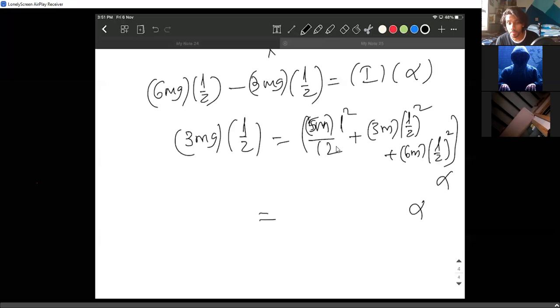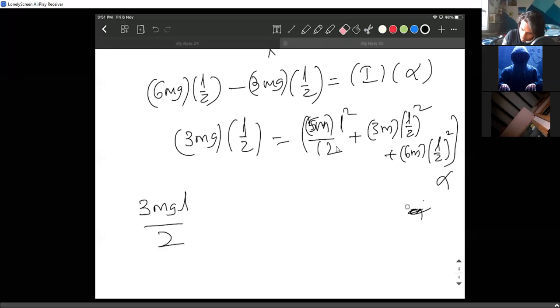A lot of people sent me saying 9g by 16. If your calculations are right, you could be right. I'm not sure whether your calculations are right or wrong, guys. Sumantra is asking me to solve. Okay, fine, let me solve it. 6mg L by 2, and on this side,